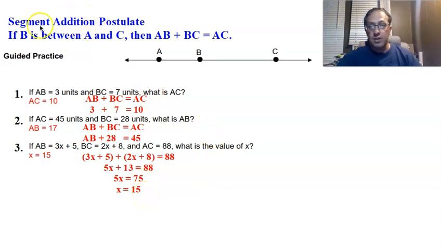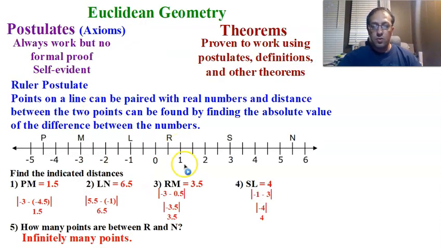Pretty basic. You say we have a rule that says we can do that, that's obvious. Yeah, it's obvious. That's why we don't have to prove it, and that's why it's a postulate and not a theorem. We'll be getting into the theorems later on, things that are complicated and have to be actually proven. So this is the segment addition postulate, and the ruler postulate, which is pretty duh. Theorems have to be proven, postulates don't have to be proven, and it is an axiomatic system, which means it has to follow the rules.